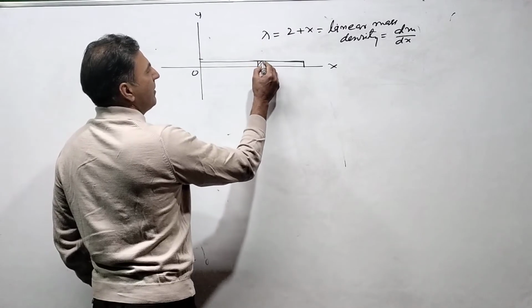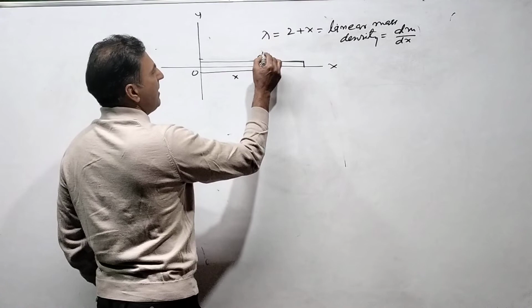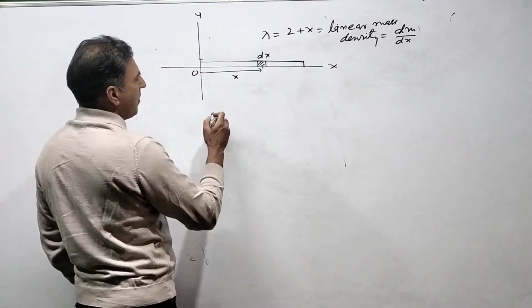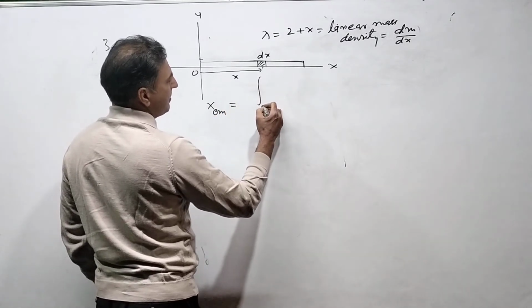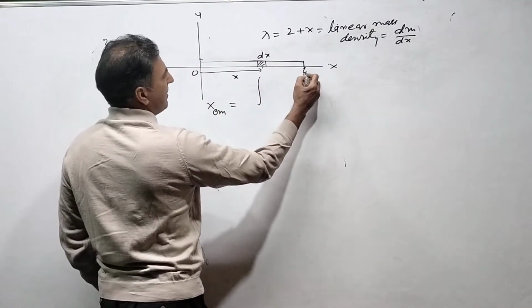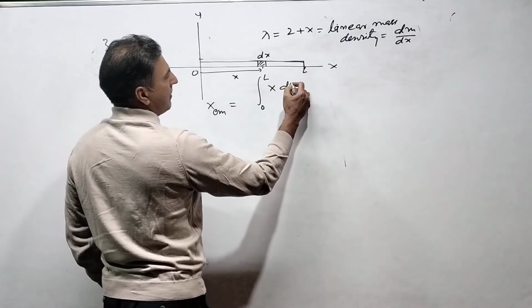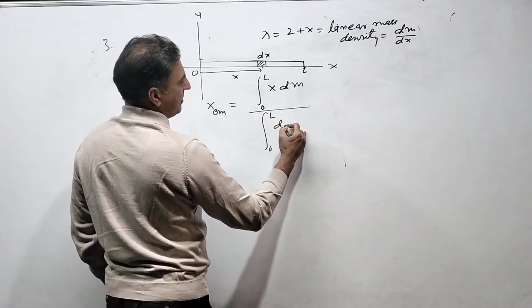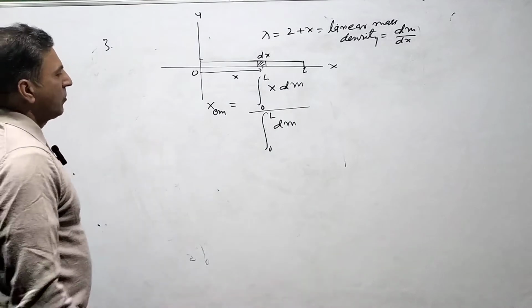So get an element here. That element is x here. This is dx. Okay. Now, how to locate the center of mass of this rod? What is the formula? Xcm is equal to integration, okay, again 0 to L integration, x dm divided by integration 0 to L dm. This is the rule. ये हमारे पास फॉर्मूला है।